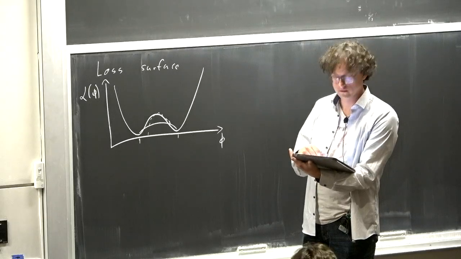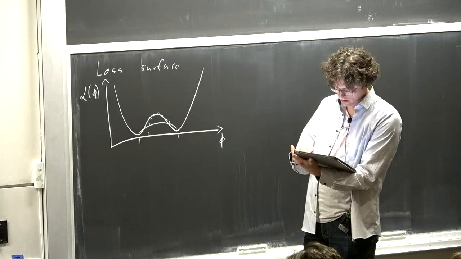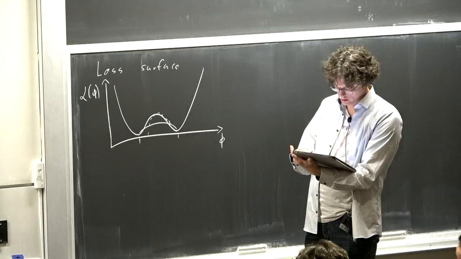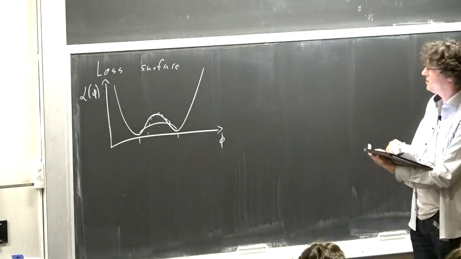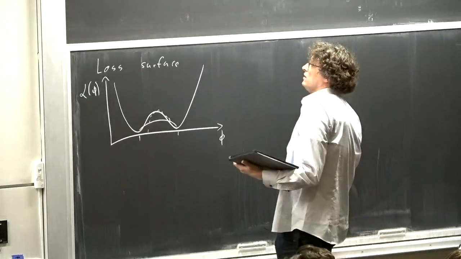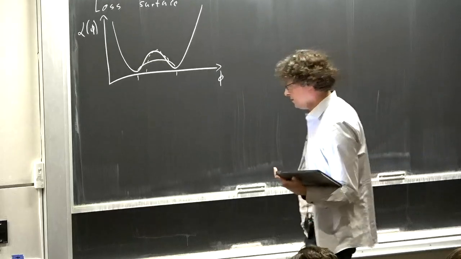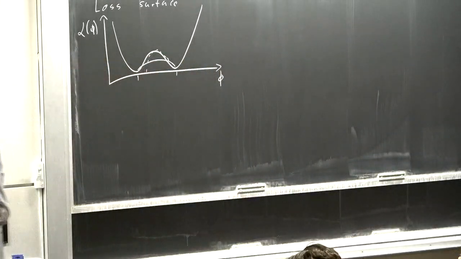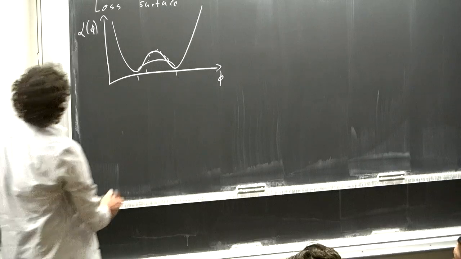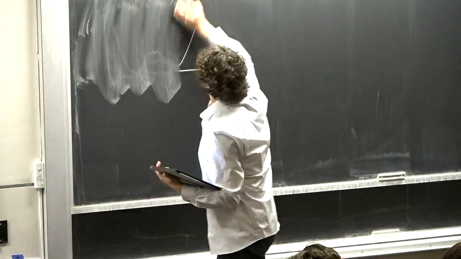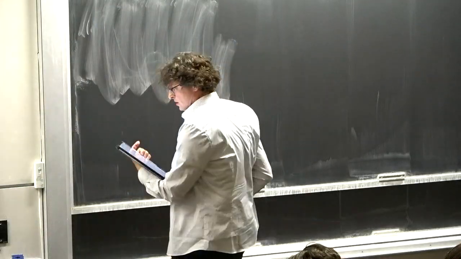So let me check the time. Yeah, we have time for backpropagation. Good, so how do we actually train these models? Or how do we know the gradients? Good, so